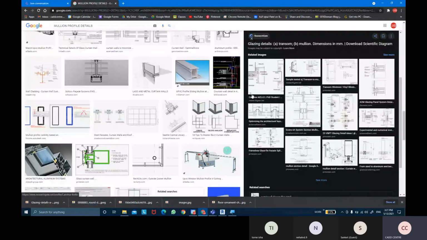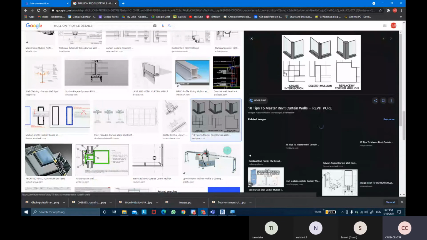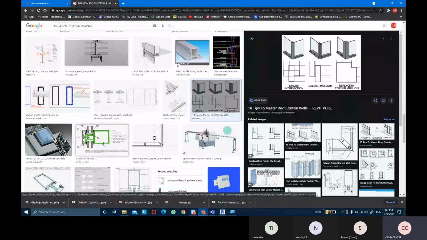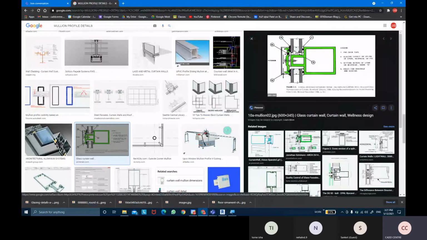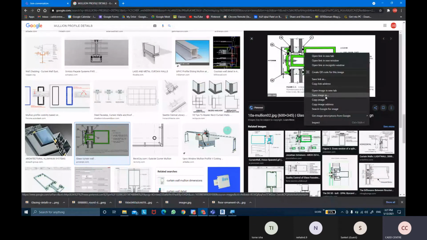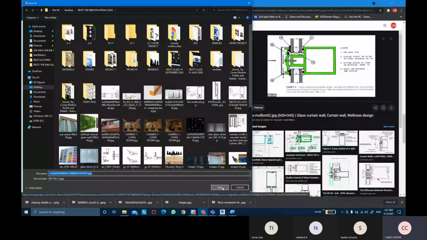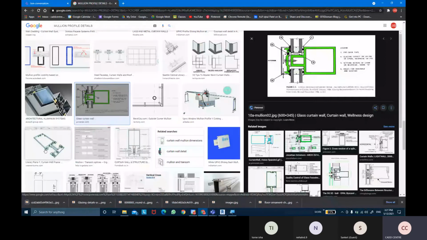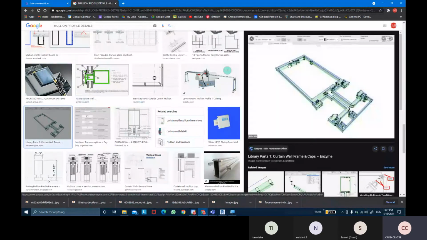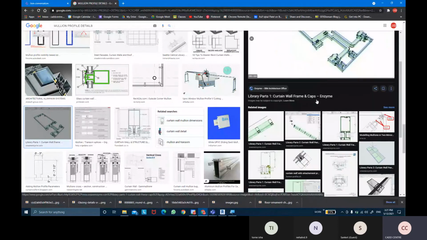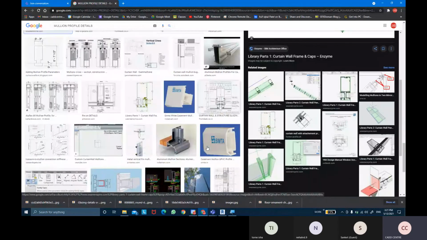Basically, whoever is manufacturing that type of mullion would be providing the detailing, so that you can create a similar type of shape in your Revit model. Whenever you cut a section or any detailing, you can have the great detail options.